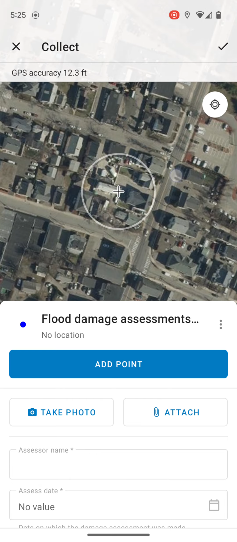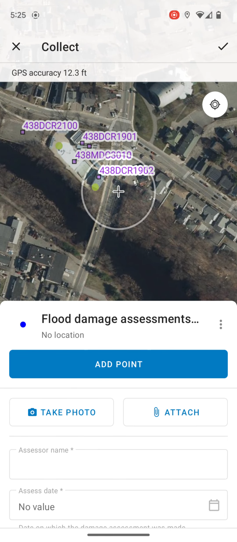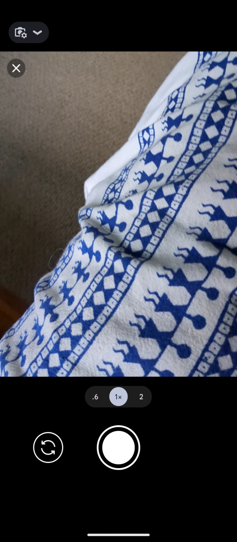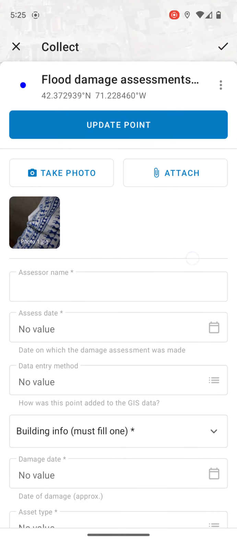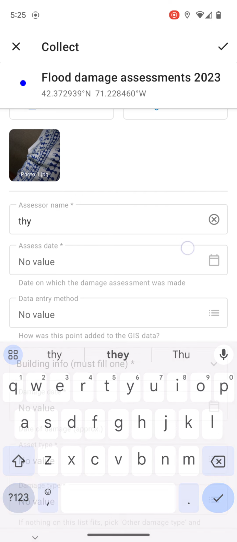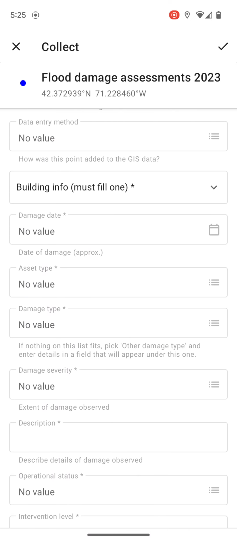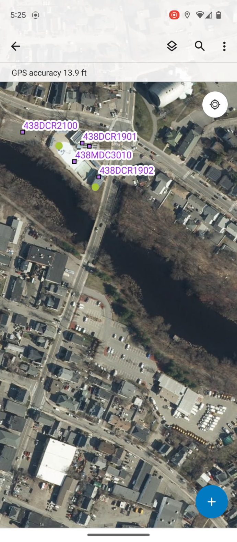and add a point. Take photographs. And then go through and fill out all the fields that need to be filled, and then finally hit the check mark on the top right and submit it. I'm going to X out of this right now. I don't want to actually add a point, but that's an illustration of what happens when you are in the